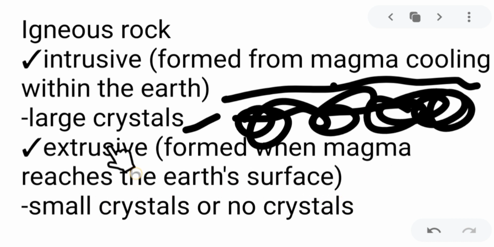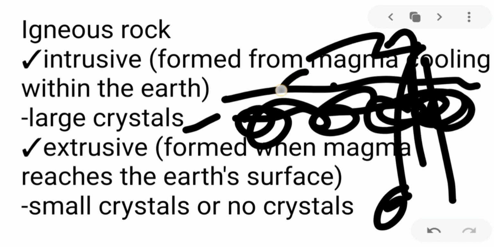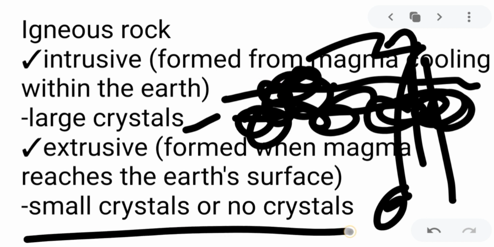So, ang extrusive ay nanggaling sa lava. Yung lava, yun yung magma na ineject ng bulkan. Sumabog, diba? So, ang tawag natin sa magma na lumabas sa bulkan ay lava. Okay? Ngayon, itong lava ay titigas, mag-harden, and that will become an extrusive igneous rock having small crystals or no